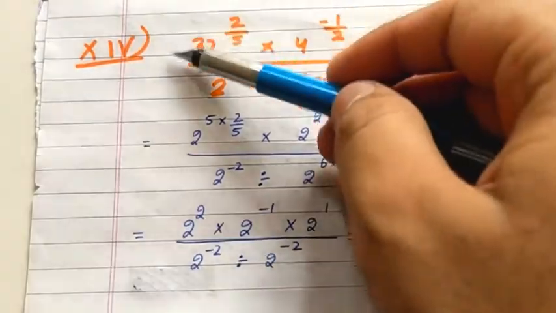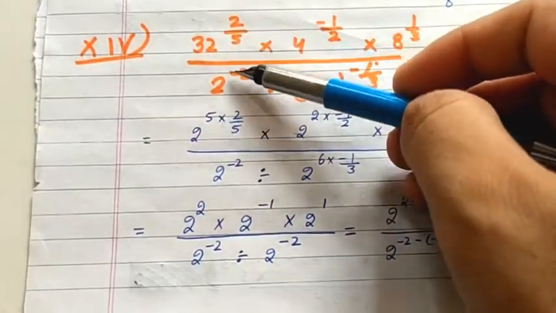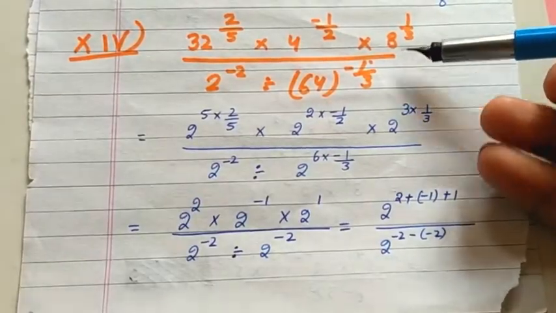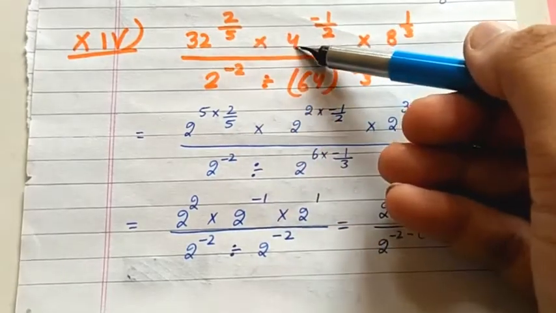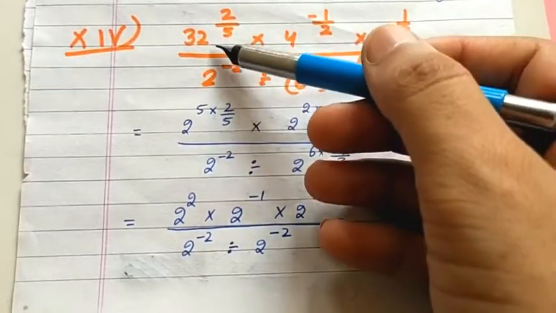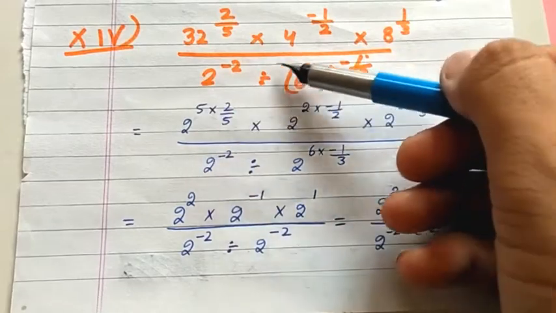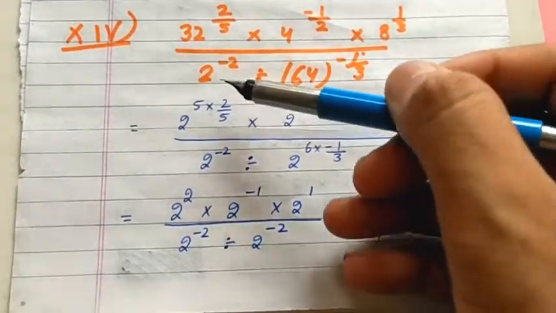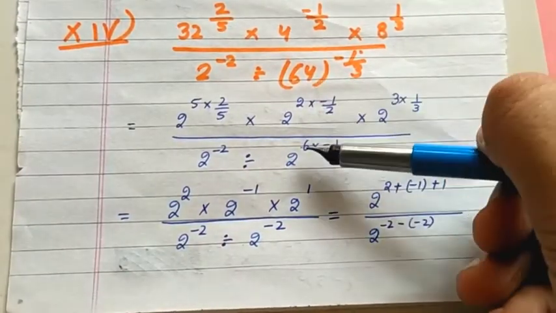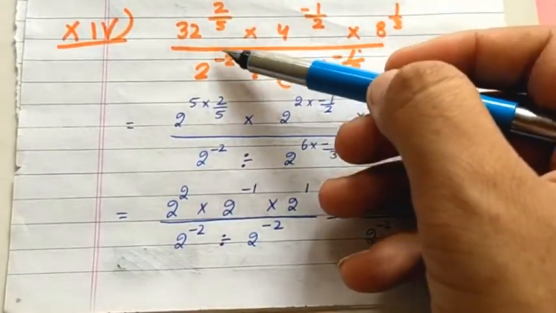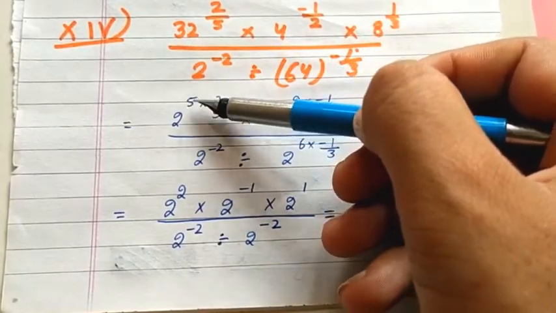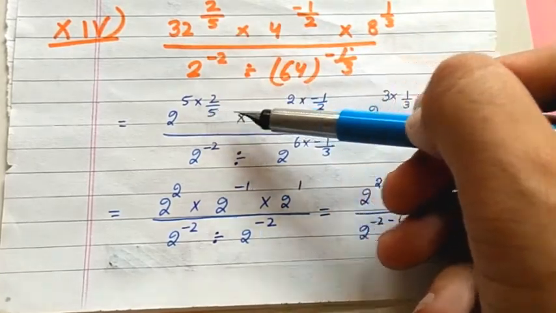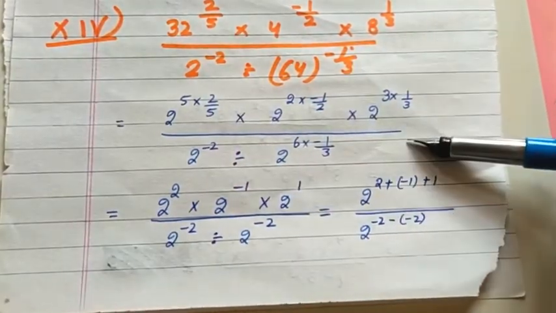This part seems to be very difficult because so many complex things are written here, but on simple observation we can see that all are some powers of 2 only. This can be written as 2 to the power of 5, 4 can be written as 2 to the power of 2, it can be written as 2 to the power of 3, and here also it can be written as 2 to the power of 6. So we simply write them as this, and when we write them, these powers get multiplied by the powers already present there. Okay, so this expression changes to this only.